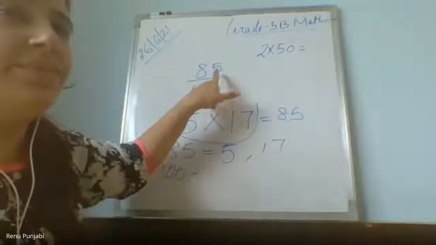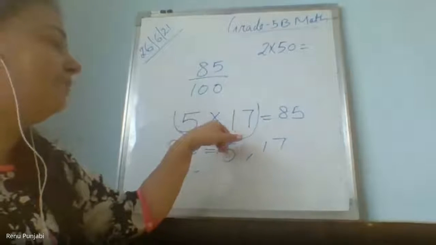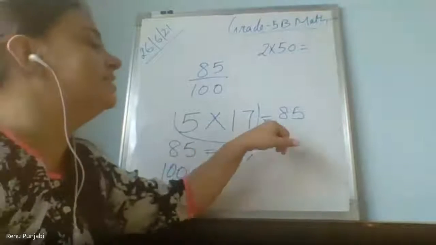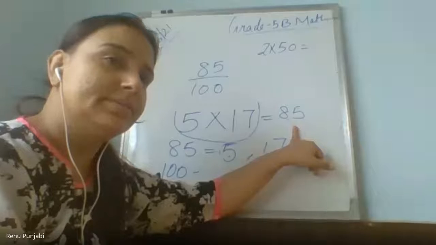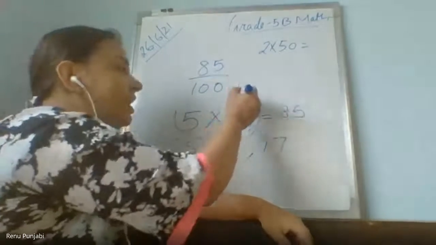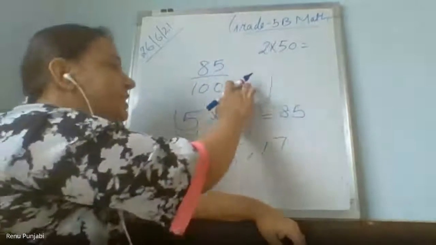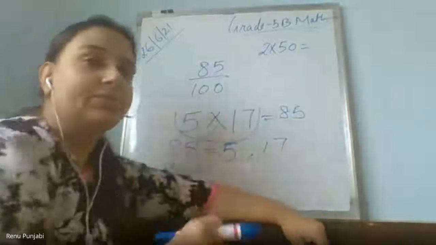Ayush, do you understand how 85 is divisible by 5? 85 is divisible by 5, then how did 17 come? 17 times. 5 17s are 85. Got it? Yes, okay. So both 17 and 5 will come. Yes, both the numbers. As I said, take a U-turn. In the U-turn, you have to take all the factors that come.